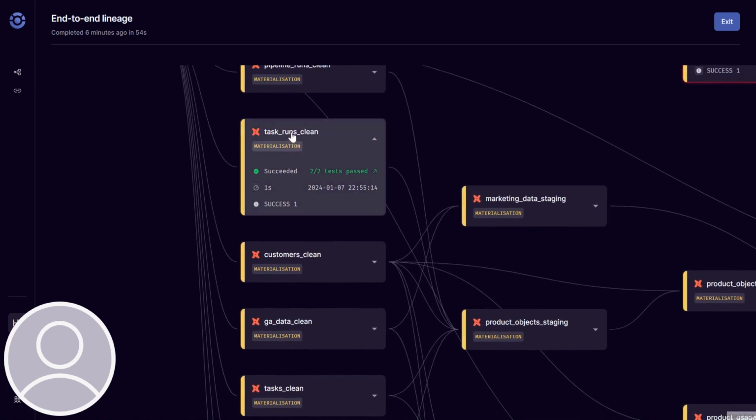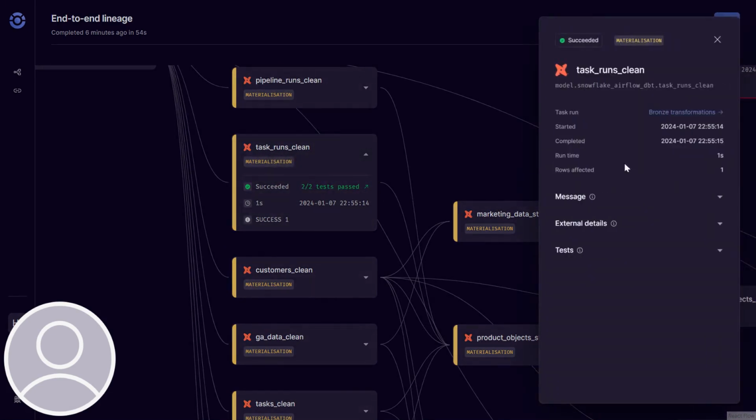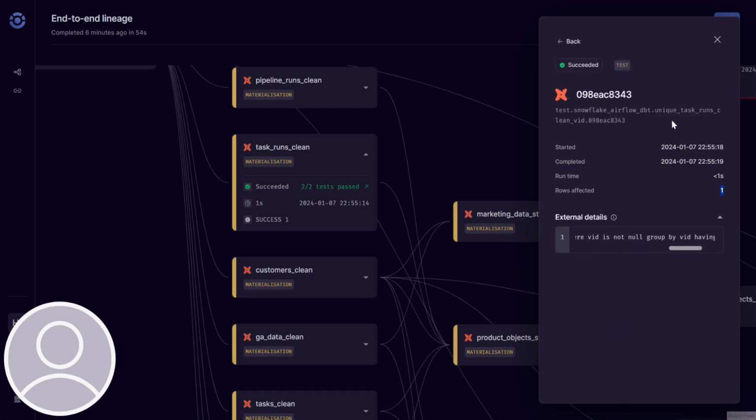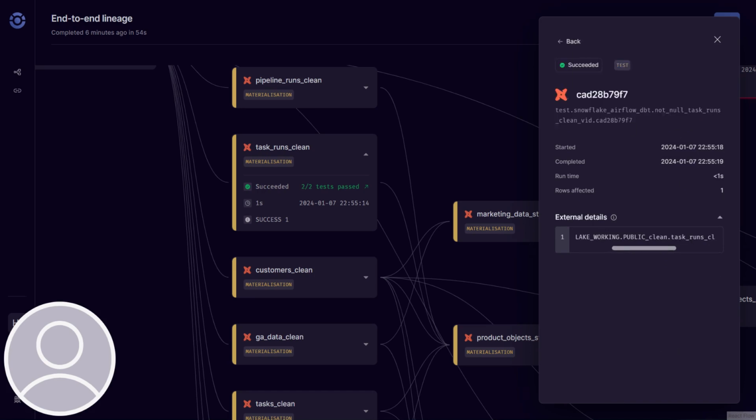So this is actually one of our metadata tables, task runs clean. Go ahead and look at the metadata. We can see that this corresponds to the bronze transformations task run. This is when it started, this is when it completed, this is how long it took to run. These are rows affected, so it's actually pretty quick. Just doing a select, and we can see the unique test has passed,